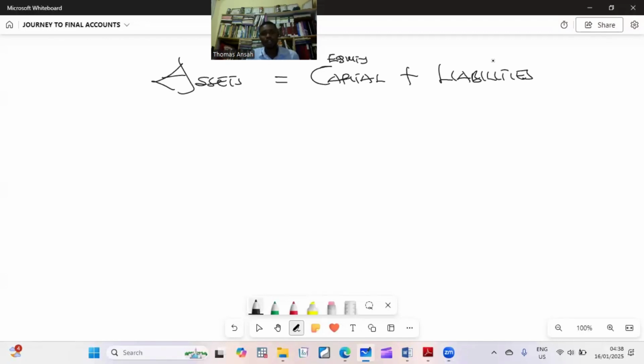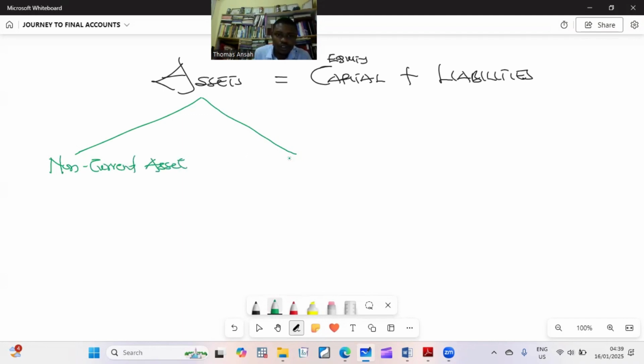So what we are basically trying to do is journey towards the preparation of a balance sheet. But in assets, we learned that there are two types of assets, right? We learned that there are non-current assets and there are what? Current assets. All right. So our adjustment today will be based on current assets. That is what we are going to look at. Now,